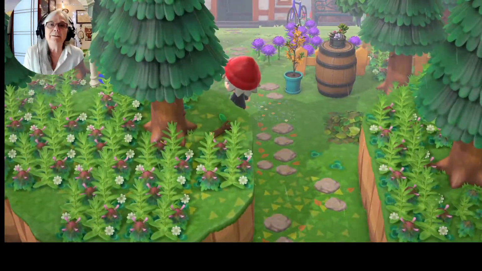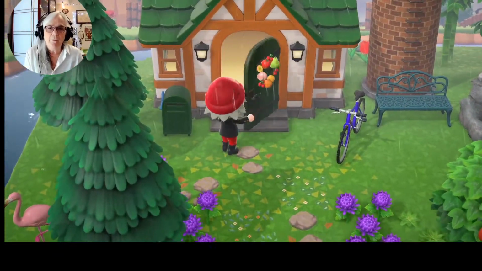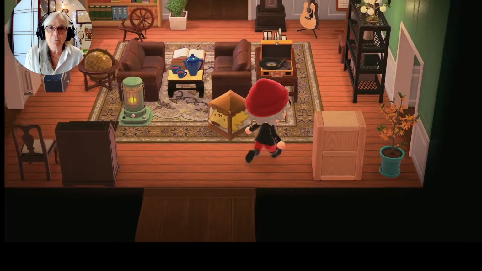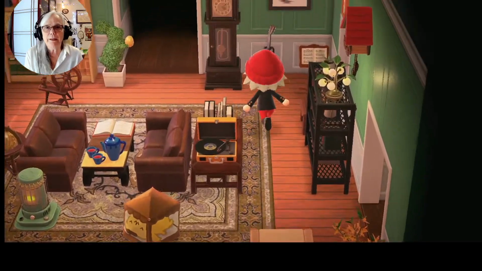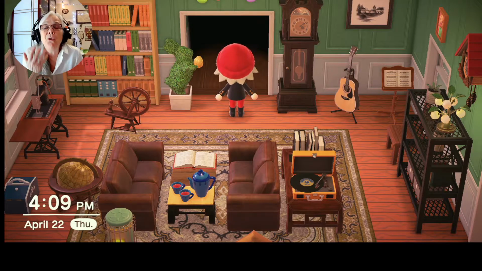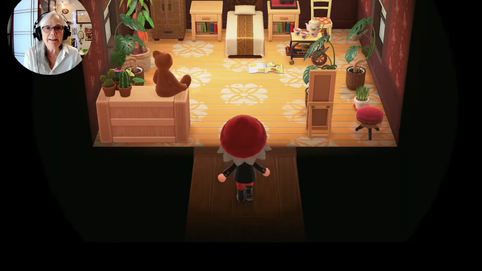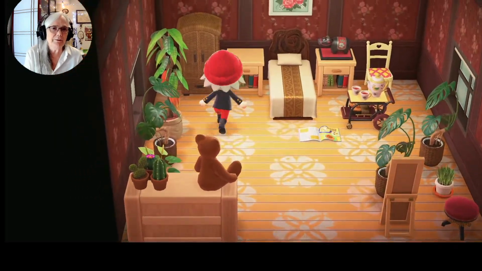You need to have a connection to the internet. And you need a Nintendo Switch Online subscription. If you have those three things, you can dream. You go to any bed. I used to think only a Luna bed, but you can go to any bed. You lie down, and don't worry if you've got stuff in your pockets because it won't go with you to the dream place. So let's go through this and I'll show you how it works.